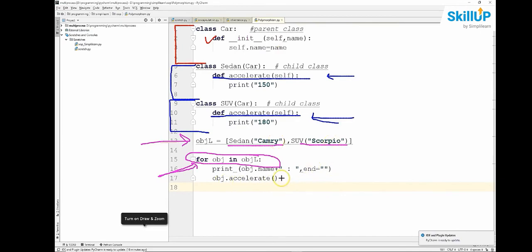And then we have object accelerate. And for the sedan, since that's our Camry, it's going to print the 150. And for the SUV, it's going to print 180 for the Scorpio. And so by doing this, we polymorph the same definition to do two different things depending on what our child class is. So we can polymorph all kinds of things,